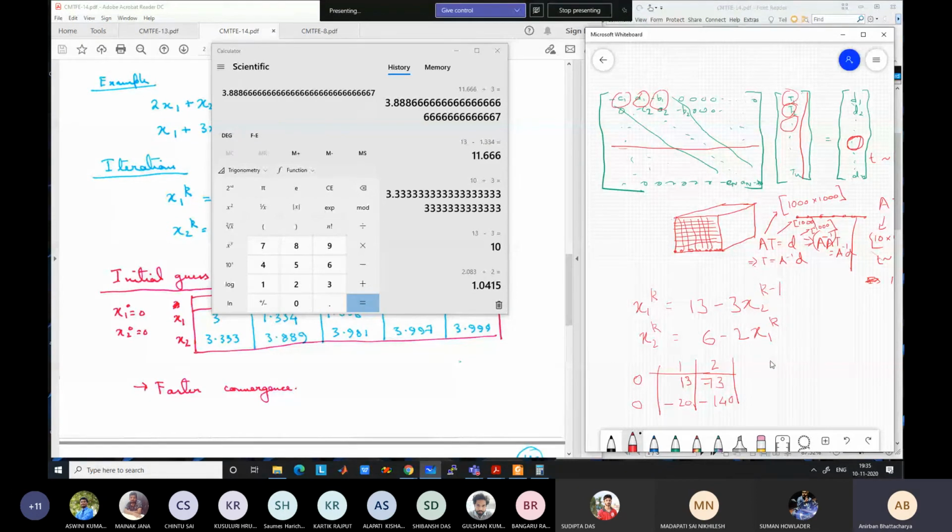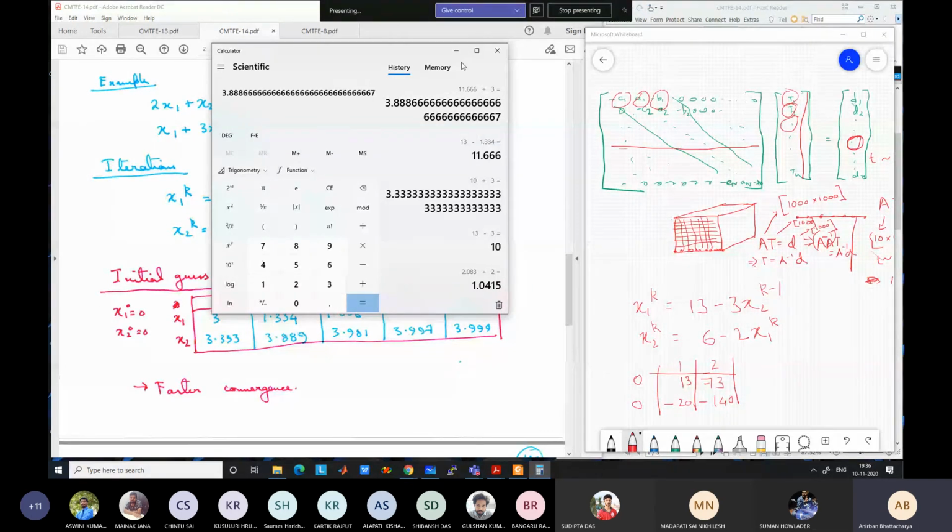And it will keep on increasing drastically after that. Actually, the solution has diverged in this case. It has not converged and it will not converge anymore. It will quickly reach very high values, millions and billions and infinite, very quickly. So the solution is diverging. The solution may not always converge in this method, so that is a drawback. We will study in the next class when it converges and when it does not converge.